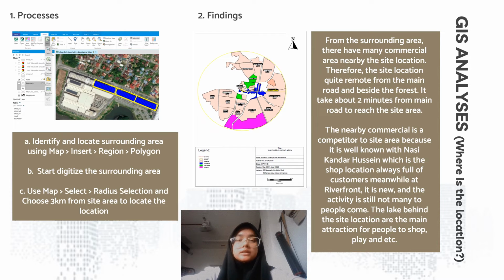Alright, so for the GIS analysis, the next analysis is where is the location. So for the process, you need to identify and locate the surrounding area using map. Then you click insert region and choose polygon. Then you need to start digitizing the surrounding area using the appropriate style. And the last one is use map, select and click radius selection, and choose 3 km from the site area